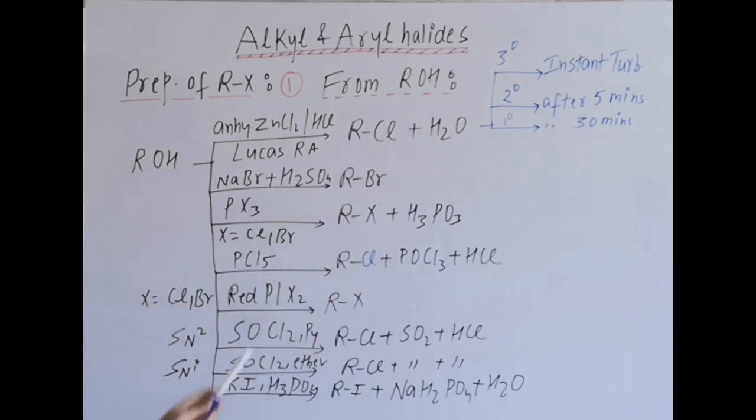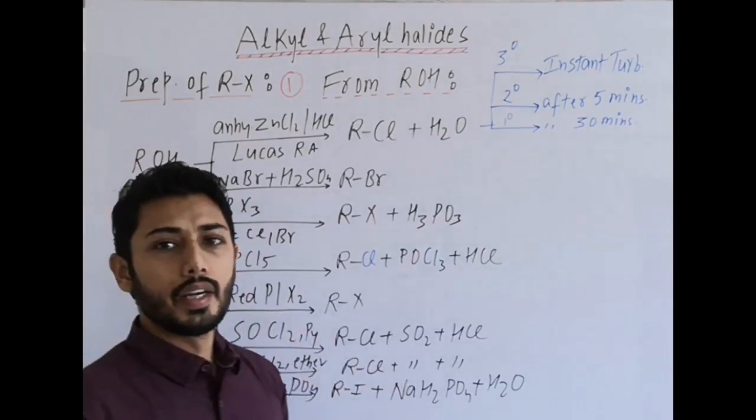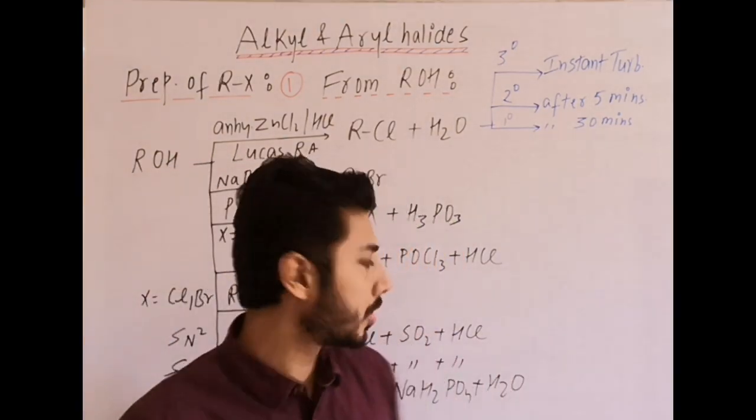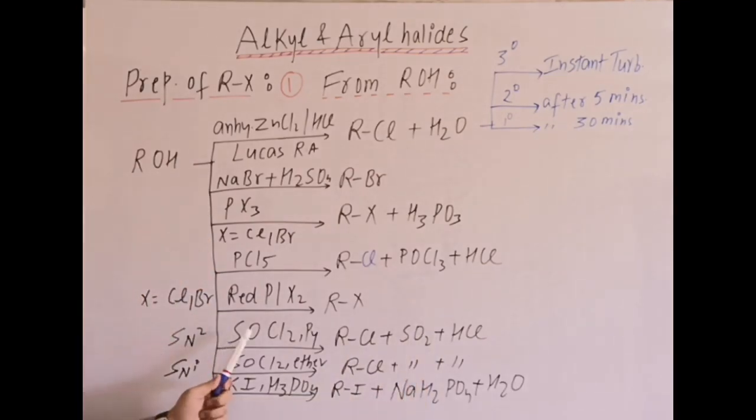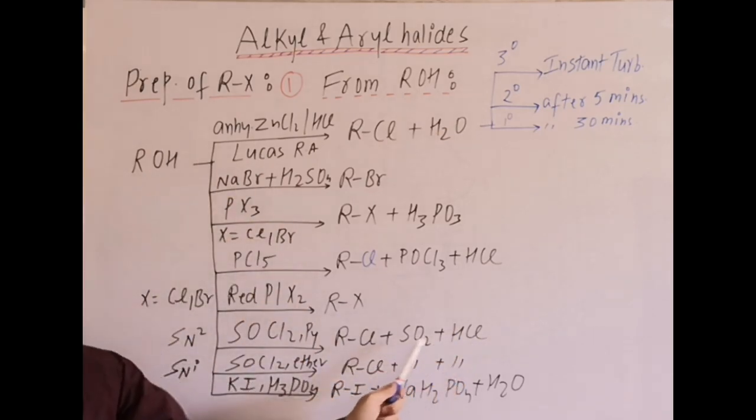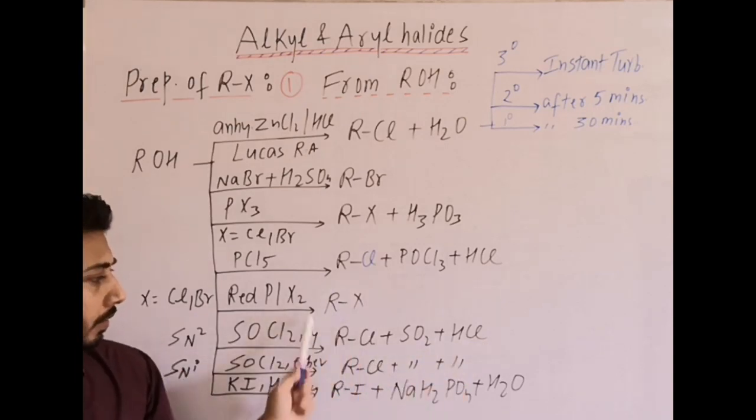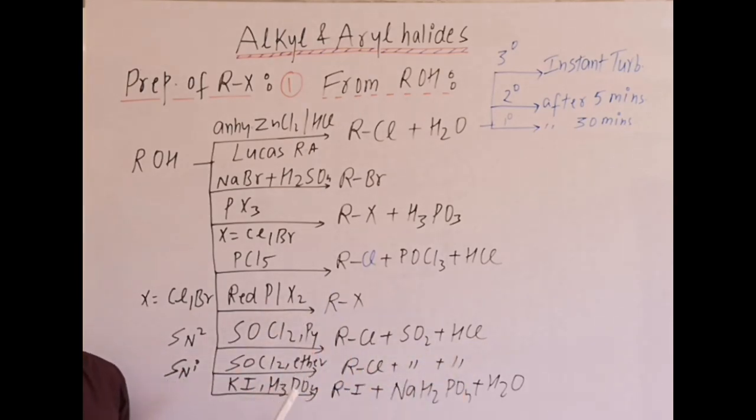Then we can take red phosphorus with halogen X2, maybe Cl2, maybe Br2, again ROH to RX, that may be RCl, RBr. Next is the reaction with SOCl2, this is a very important reaction. Why? Because from alcohol to alkyl chloride, this is the best reaction because the byproducts are gaseous in nature, which are SO2 and HCl. SOCl2 in base, that is pyridine, OH is substituted by Cl, plus byproducts are formed which escape the system. That means we get a better yield, not a mixture of products. So it is the most effective way to convert alcohol to alkyl chloride.